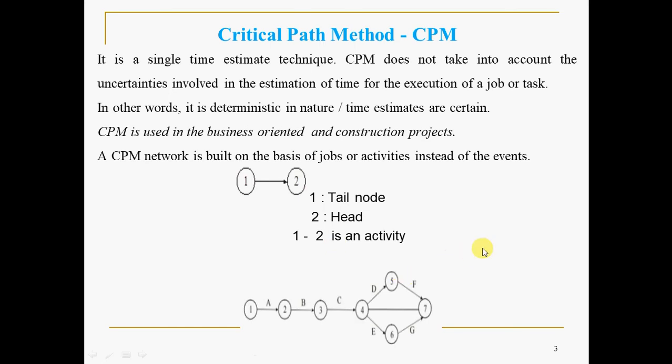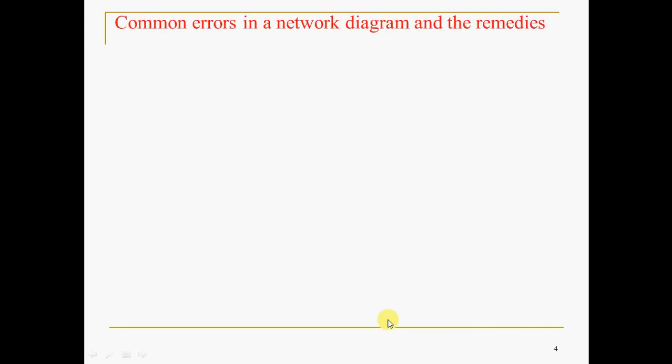A network in general will be like this, which involves various activities, maybe the series activities like this and the concurrent activities. A, B, C, D, E, F and G are the activities, we can say. A, B, C are the activities in series, whereas D and E, it's a model network I am showing of CPM, D and E are the concurrent activities. In the same way, F and G are the concurrent activities. So A, B, C, D, E, F and G are the activities in general we call.